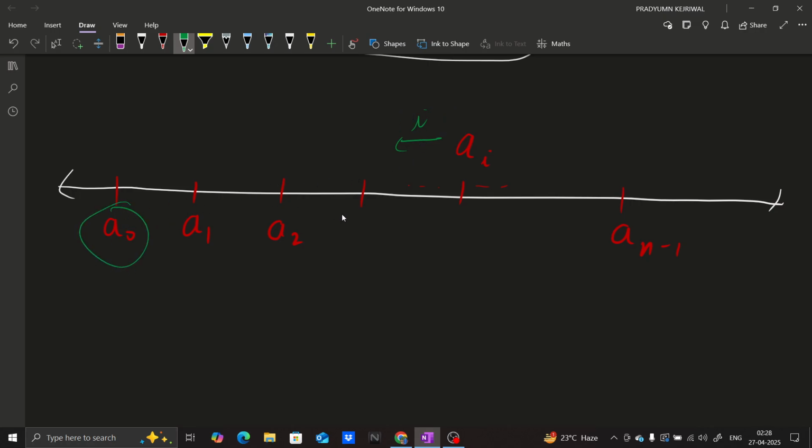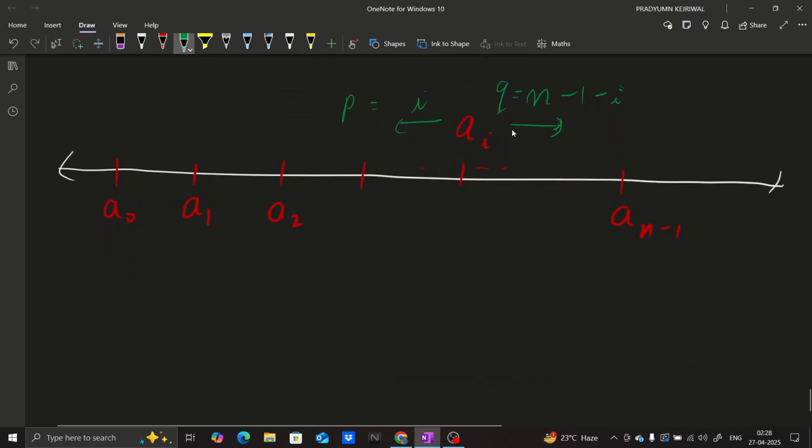Like from a0 up to a of i minus 1 there are i elements. So to the left of a of i there are i elements, and to the right of a of i there are n minus 1 minus i elements. So basically my p is equal to i and q is equal to n minus 1 minus i. And what I want is the absolute value of p minus q should be less than or equal to k plus 1,